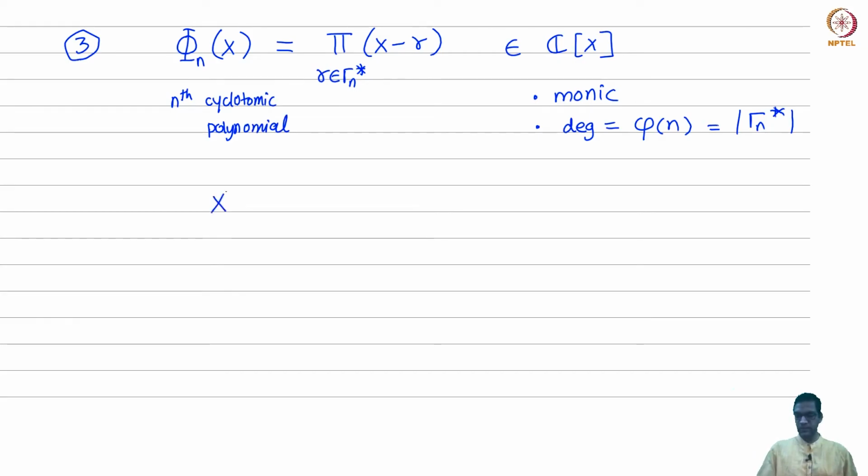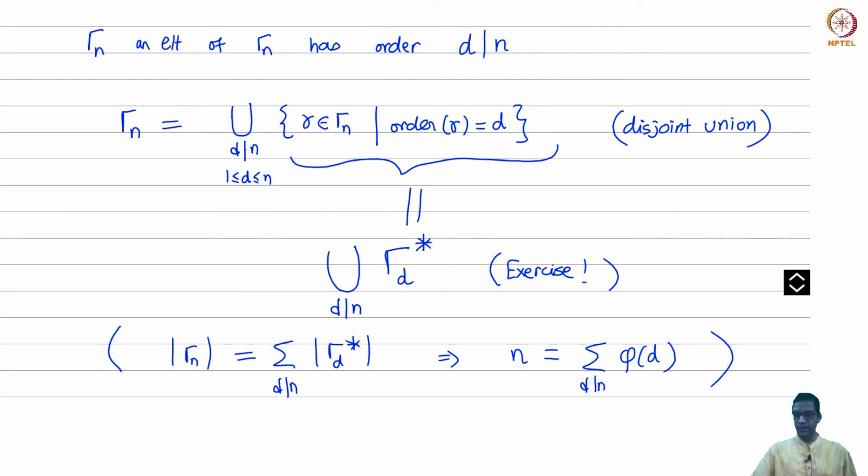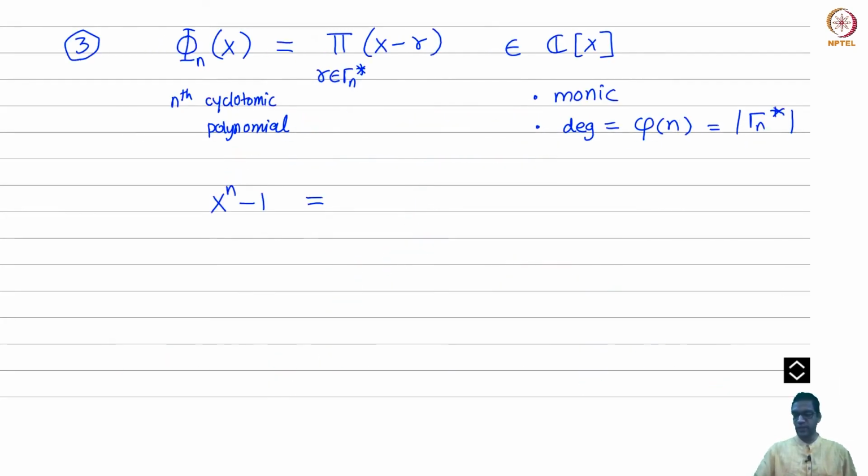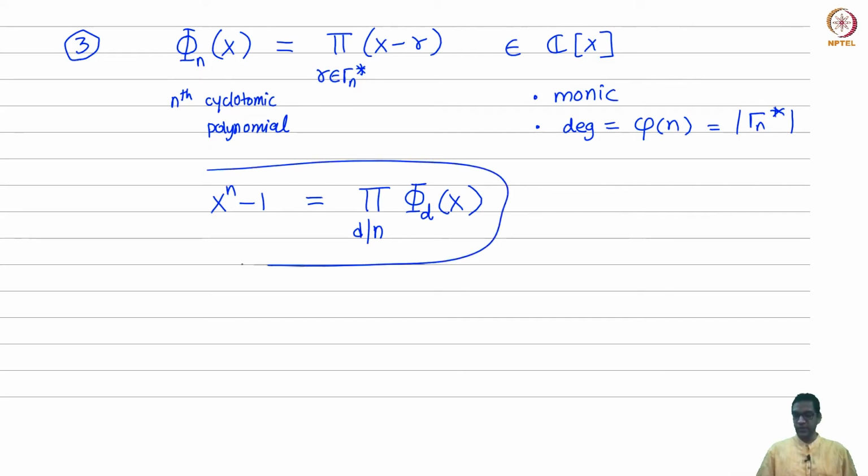Okay, so observe that the decomposition I talked about earlier, gamma n being a disjoint union of the gamma d stars, translates into the following identity, with the product over d dividing n. Okay, it's the same thing. You're just taking all those n roots on the left side, and you're taking roots collected together by their order on the right hand side. So this is an important identity because it actually allows you to calculate what the phi d's are. Okay, so observe, this can be used to recursively compute